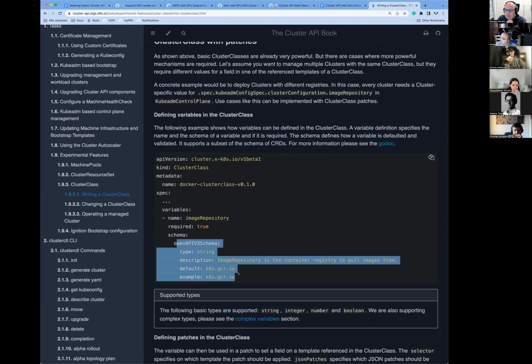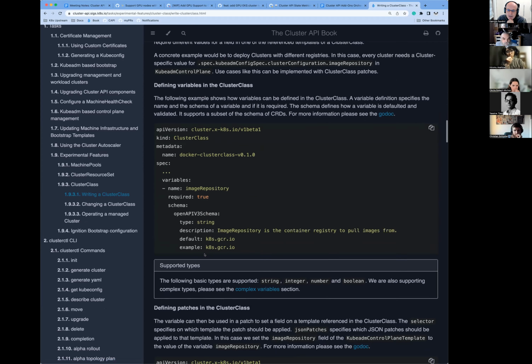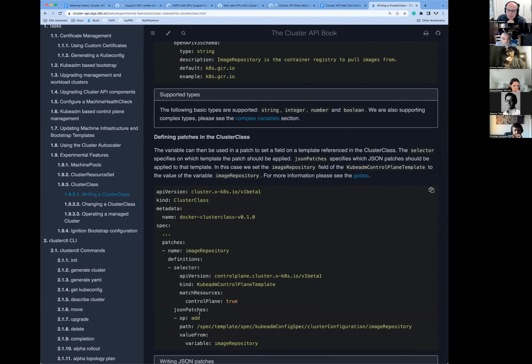Yes, you provide an open schema for your variable, and then you can use patches. In this case, we now support JSON patches to tell how your variable changes the template. And it's pretty powerful.